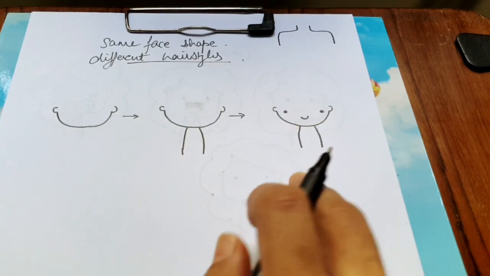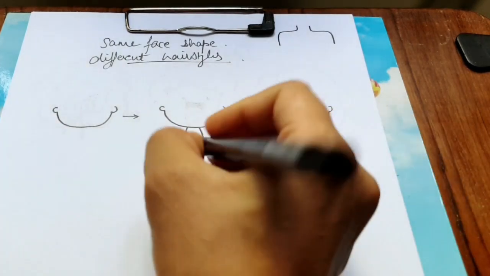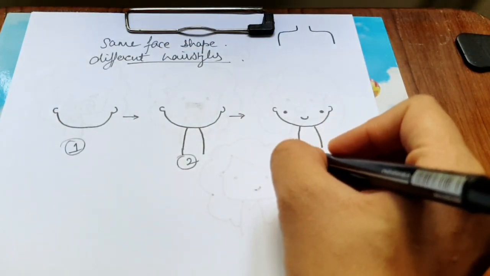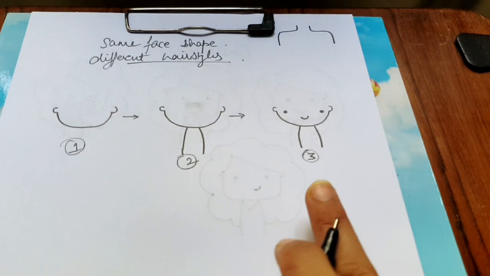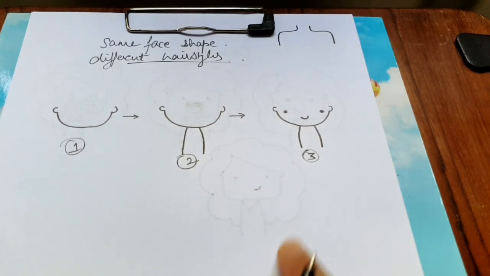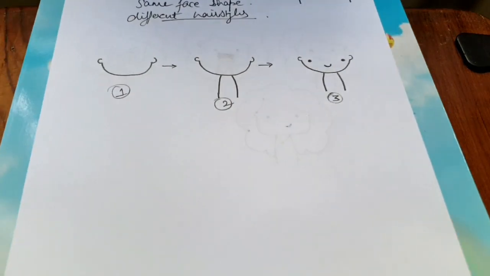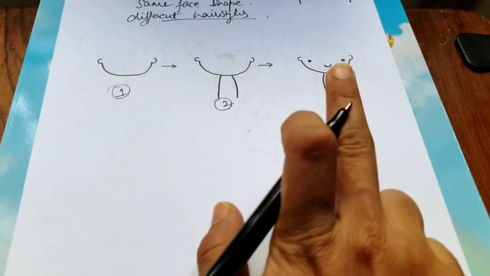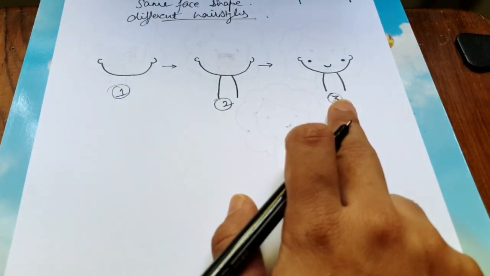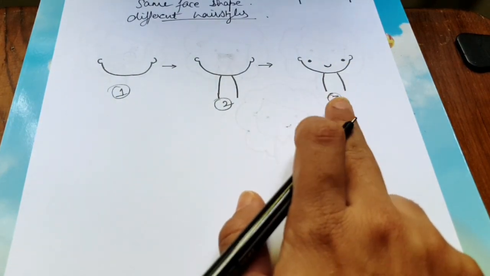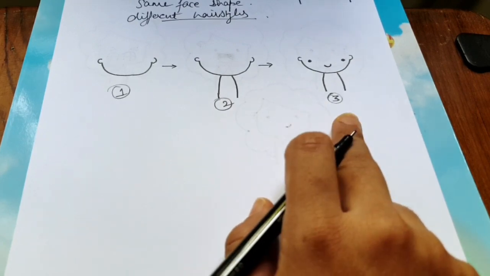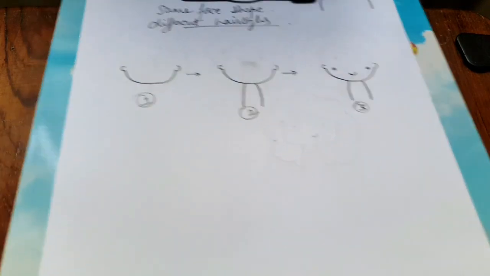Now this is your third step. Okay. So this was your second, this is your first, and this is your third step. So everything is going to be the same till the third step. Okay. Now when you go down and draw after this, you can change the same third step into a guy or a girl. Understanding my point? You can change this third step into a guy or a girl. And how you do this, I am going to show in the next step.